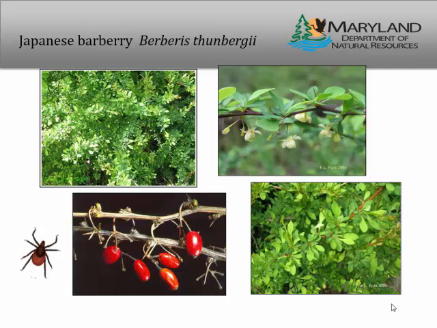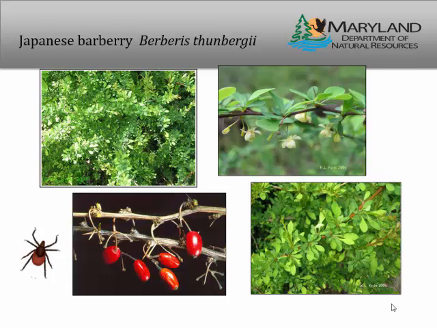This is Japanese barberry. It has small paddle-shaped leaves. Those little kind of yellowish white flowers dangle from underneath it. They're leafing out right now. They'll flower soon after they get their leaves. And they have little needle-like singular thorns on them. You can see the red kind of oval oblong berry that they carry through the winter.